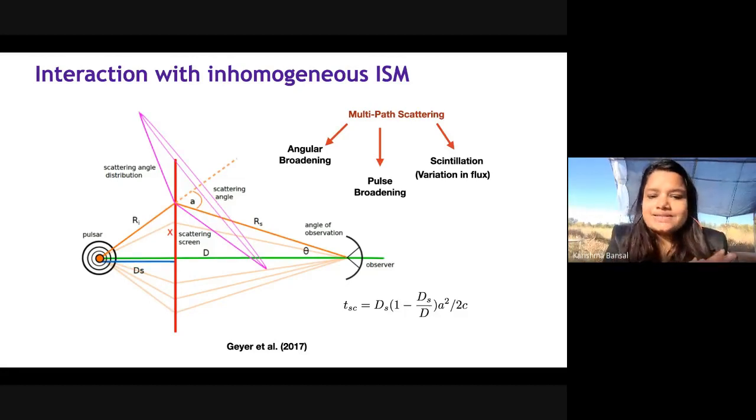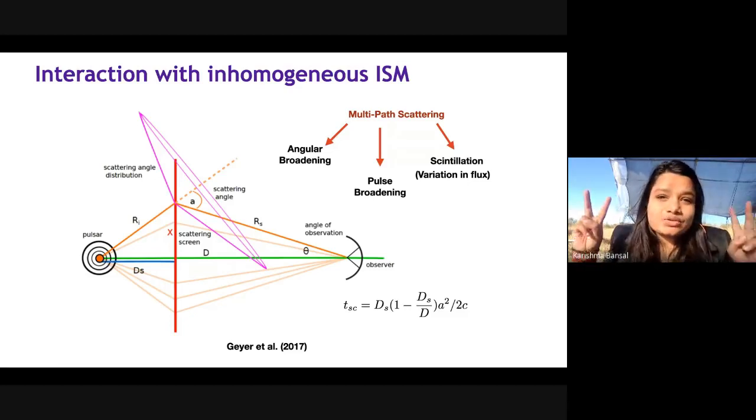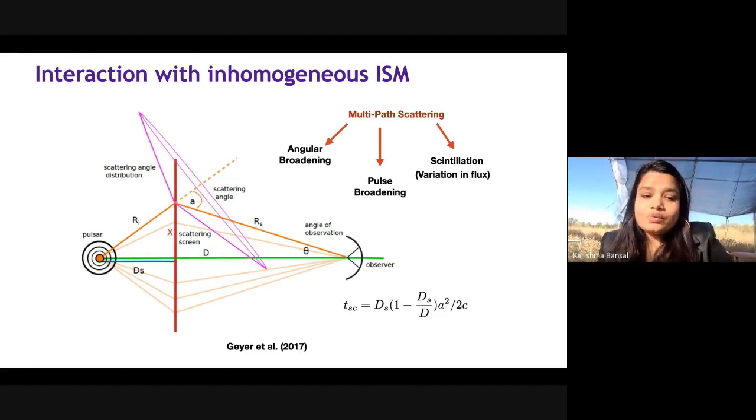So coming back to the interstellar medium, on the very left side you have a pulsar which is radiating, and in between we have something called a scattering screen. What is a scattering screen? Imagine all the material between you, the observer on the right side, and the pulsar concentrated into this one screen. It becomes basically like a lens. Astronomy has a lot to do with optics, so study optics very well. Anyway, here's your pulsar, radiating, and when the signal interacts with the screen, or the lens,